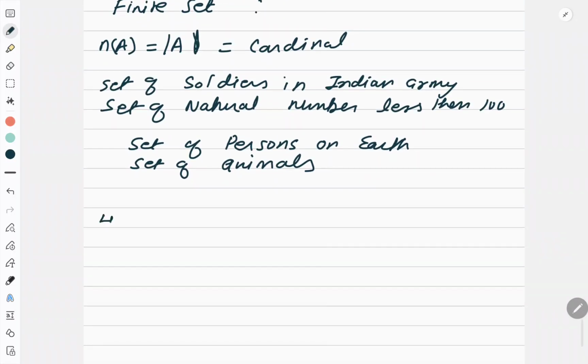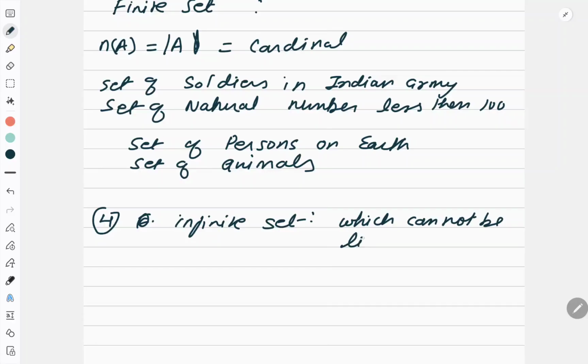Now on the contrary, the other set which I define is the infinite set. Right, now what is an infinite set? One which cannot be listed down. Simple example: if I draw this line and ask you how many points are on this line, can you tell me? No, you cannot. If I say this is a paper, this is a plane, how many lines can you draw here? Can you tell me? No. So again they are infinite sets.